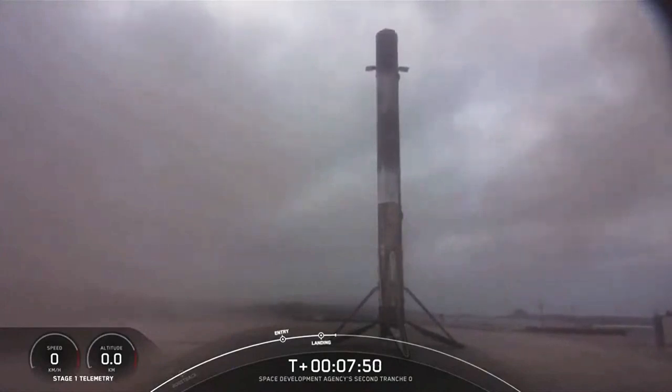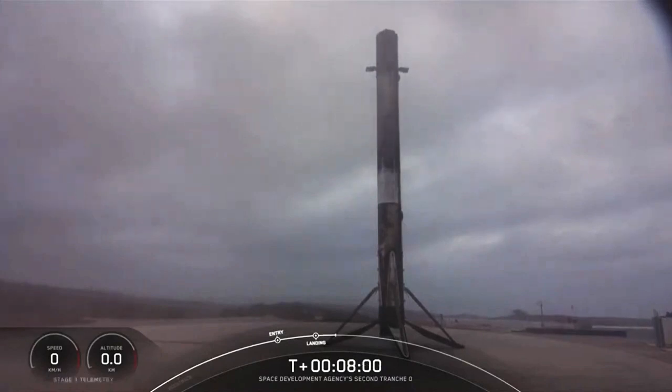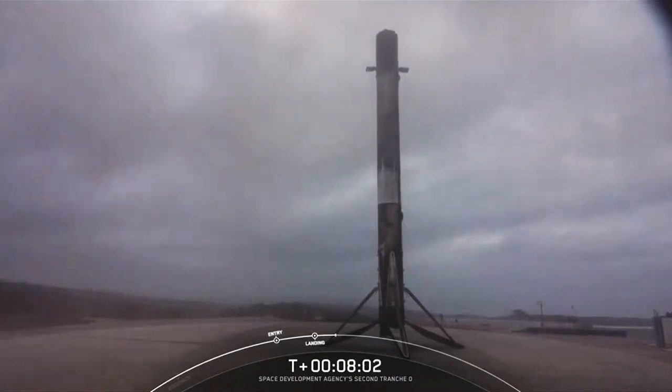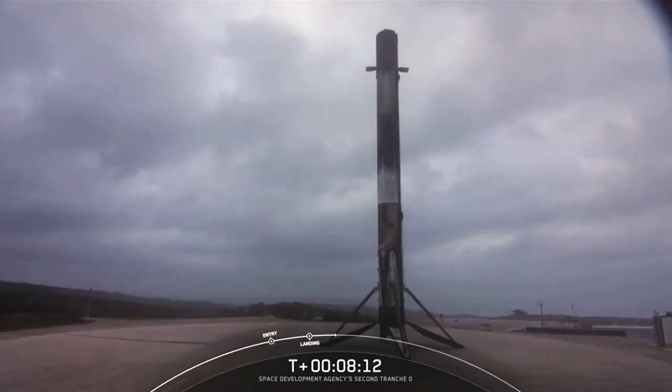This was the 13th launch and landing of this booster and our 222nd overall successful recovery of an orbital class rocket, including both Falcon 9 and Falcon Heavy first stage landings. As we mentioned earlier, at the request of our customer, we are concluding our webcast coverage early today. We want to thank the Space Development Agency for entrusting us with today's launch, and a special thanks to the Range and the Federal Aviation Administration